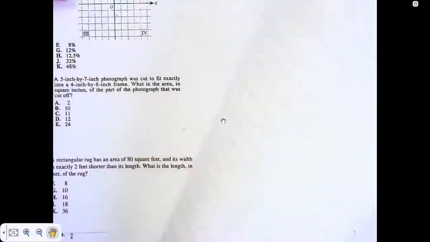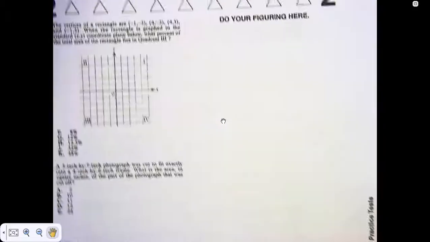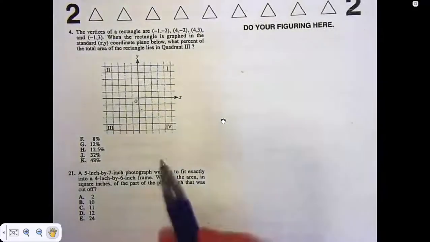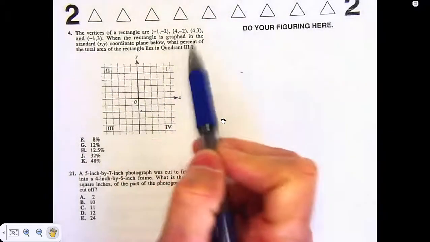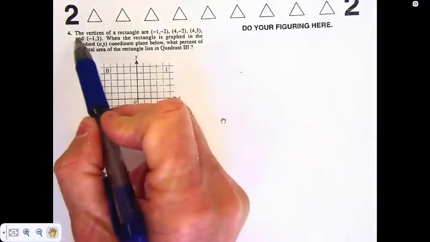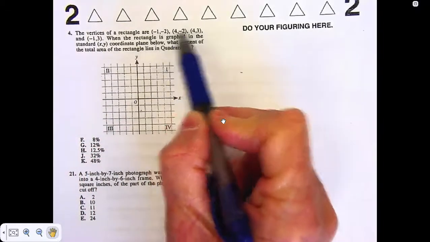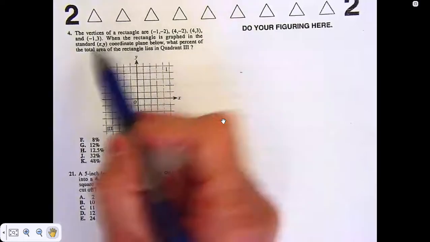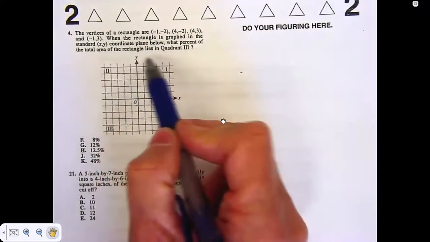Okay, so here's a problem we're going to be doing today. This was off your practice ACT from last week. The question is asking about area, but they're also talking about a little percent. Let's read it out. The vertices of a rectangle, the corners, if you will, are listed at these coordinates. When the rectangle is graphed in the standard plane, what percent of total area of the rectangle lies in